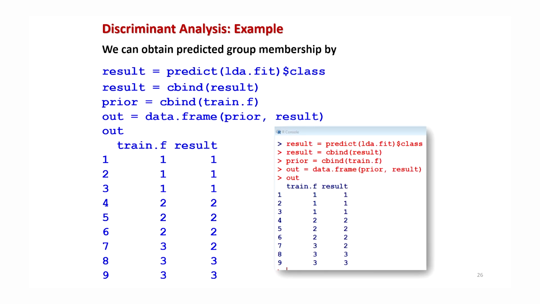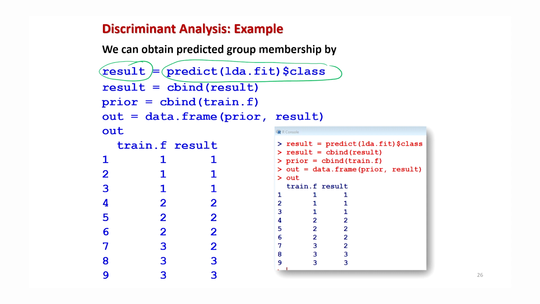So in order to do this, I can create a small table, and from there I would like to find out the confusion matrix. The confusion matrix, if you try to remember, is only a compilation of the frequency values into rows and columns. So first I store the result of the predicted LDA fit, that is the classes. This can be done by predict(LDA.fit)$class. This result will be obtained separately, and it is stored here as result.